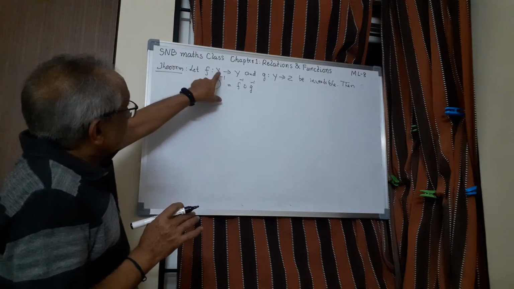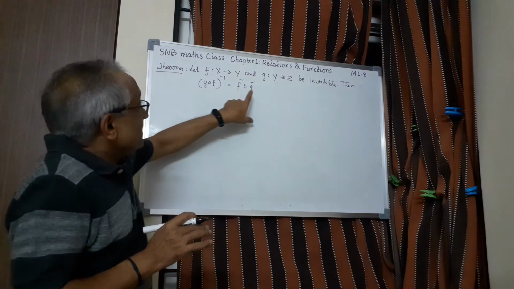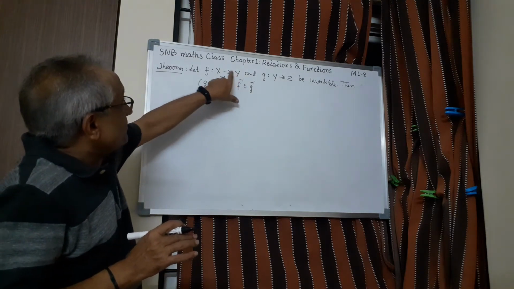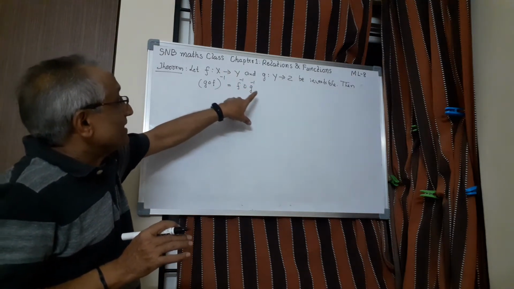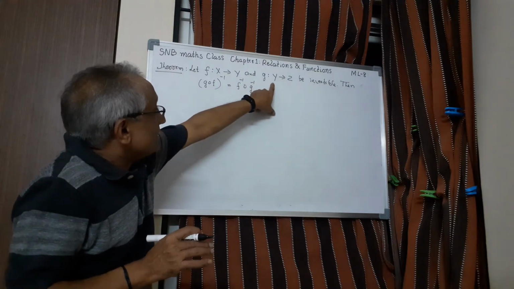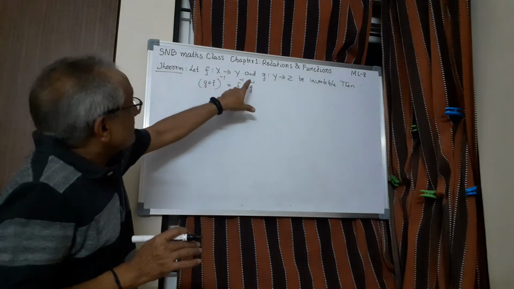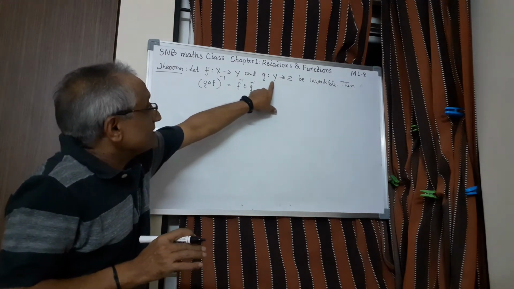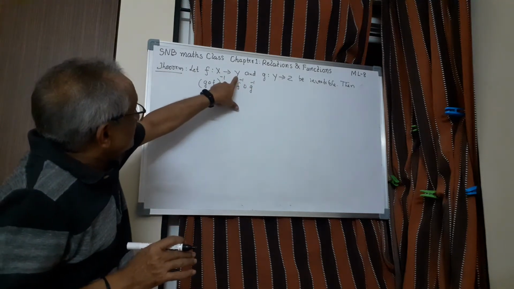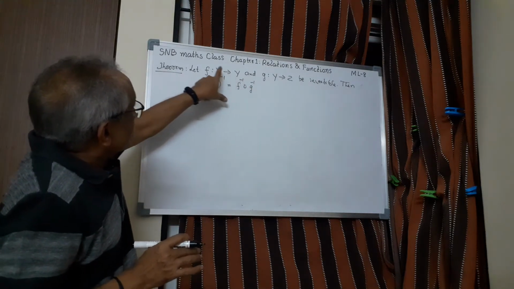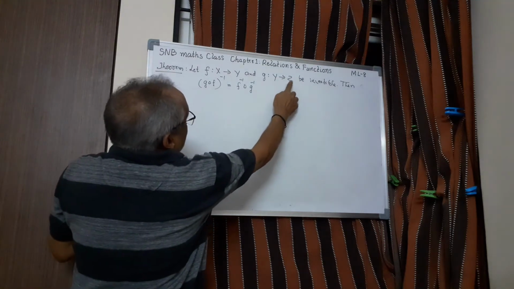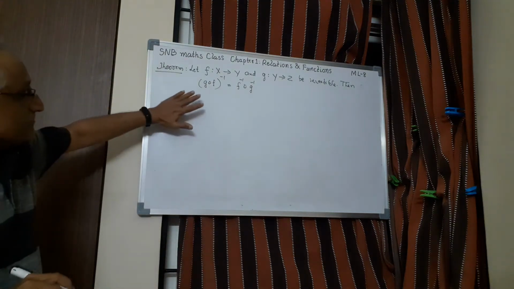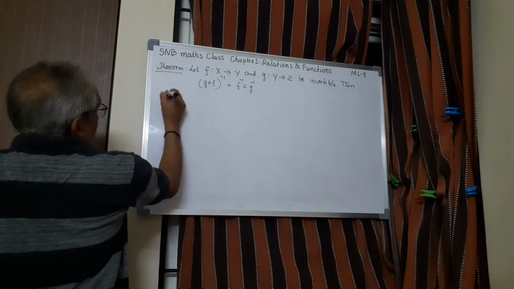g of f is actually from X to Z, and if you take this one g inverse, it is from Z to Y, and f inverse from Y to X. Therefore, this is defined. Here domain becomes Z, this becomes codomain. So here what happens is Z to Y, then Y to X, so Z to X. So that's the thing. But let us prove this one. Proof is very simple.